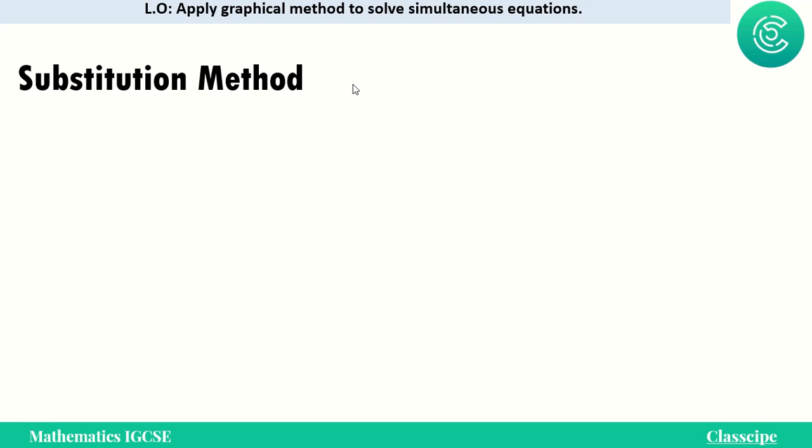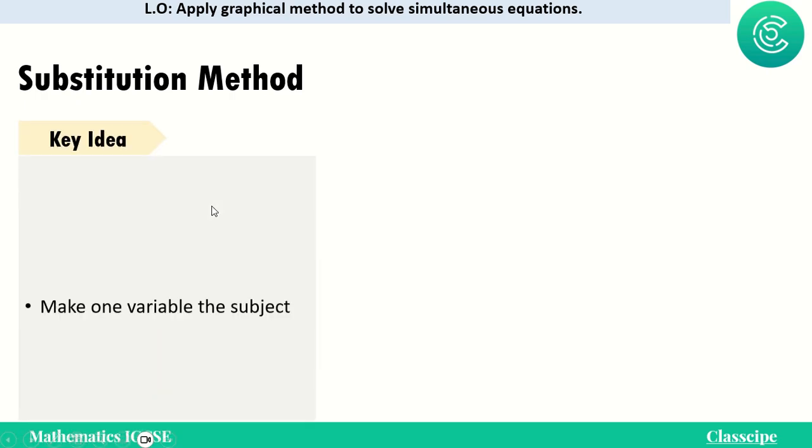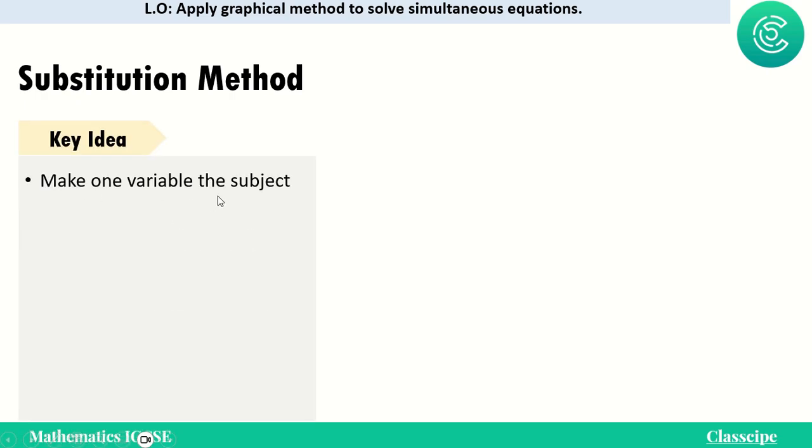We will discuss the second method, which is called substitution method. So what's the key idea of this method? Let's see. Make one variable the subject. Now what does this mean? When you leave a variable, x or y, it can be any variable, on one side, you can see in this example. Now here y itself is on one side, so we can say that in this equation y is